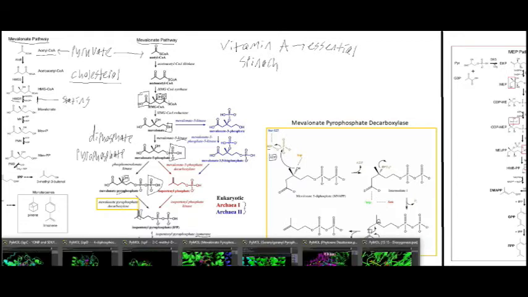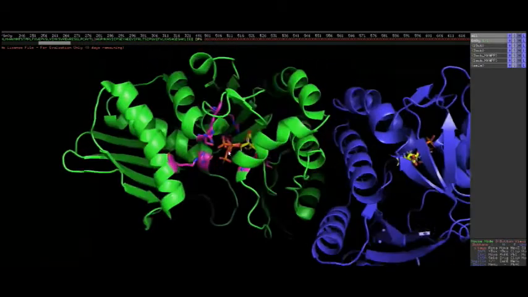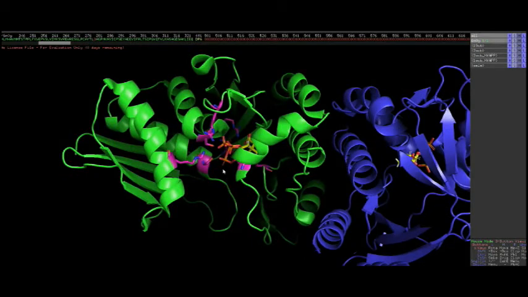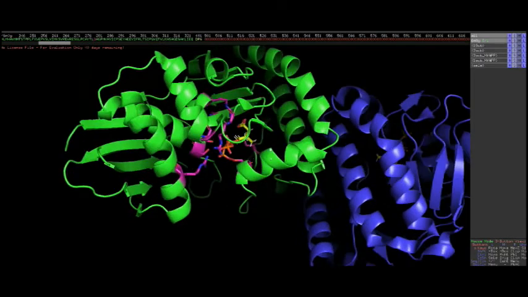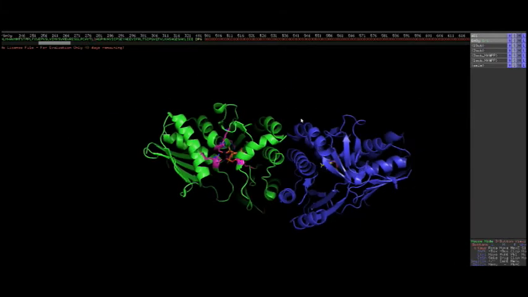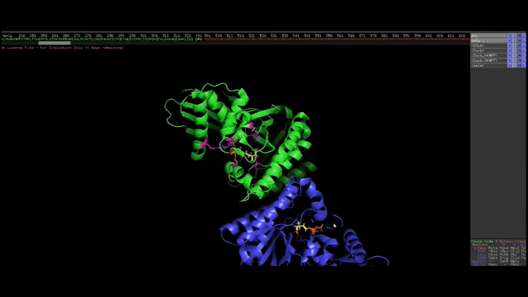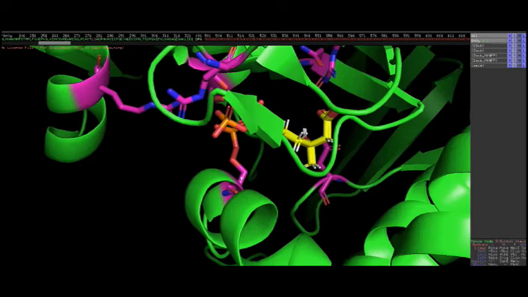So I actually have the structure here of the mevalonate pyrophosphate decarboxylase. This is in the program called PyMol, and you get these structures off of the Protein Data Bank website. I have the Protein Data Bank numbers or codes for these in the description down below. So we see this forms this dimer here, and we can zoom in here